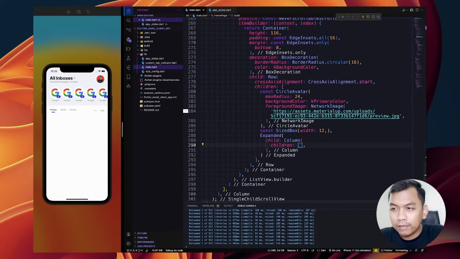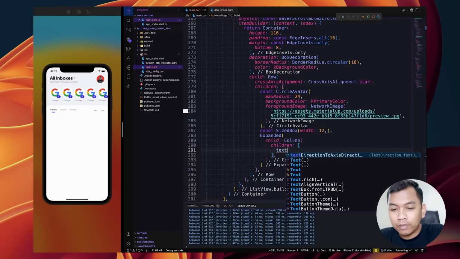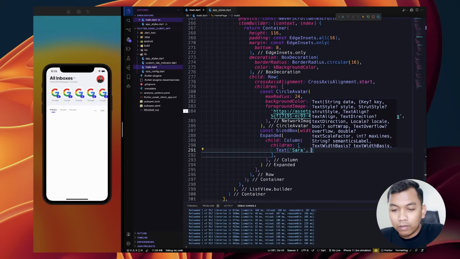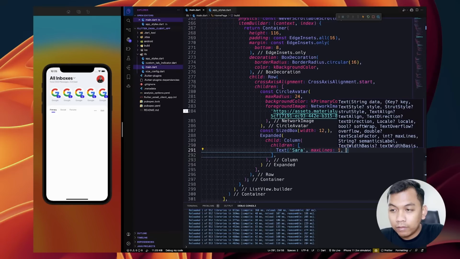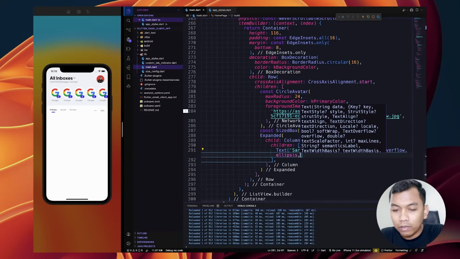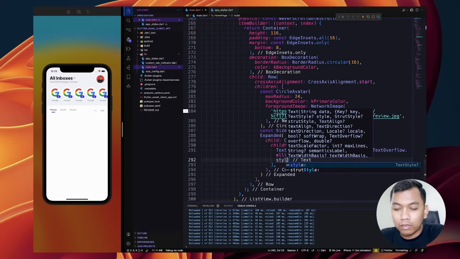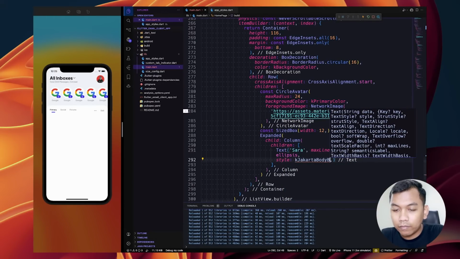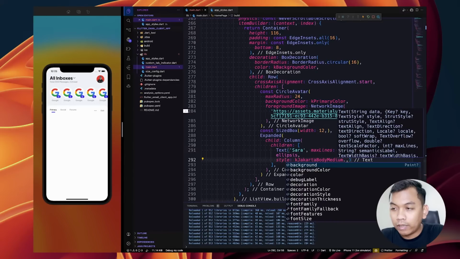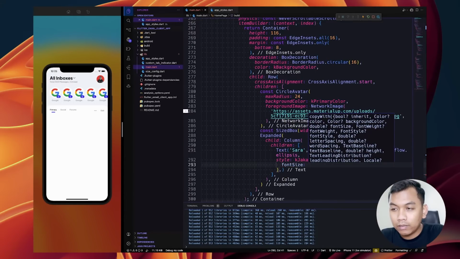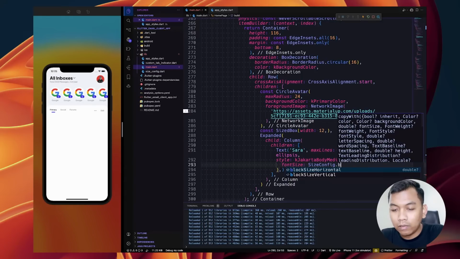So we will have children, and the children will be a Text widget, and set maxLines to be 1, overflow to be ellipsis. And also the style will be K Jakarta body medium, and then copyWith, fontSize set to be K body 1.